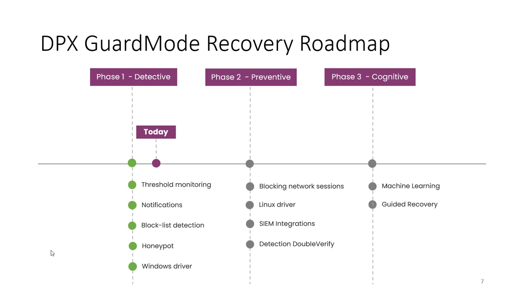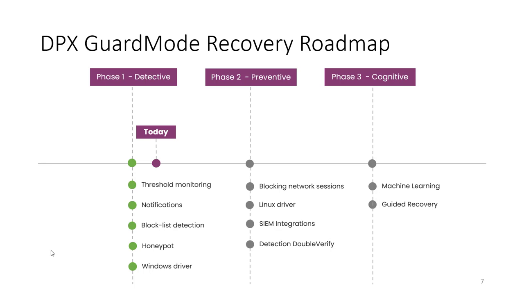DPX Guard Mode will be implemented in three separate phases. The first is the detective phase, which we've just released with DPX version 4.8.1. This essentially just does the monitoring and notification of any violations and reports it back to the DPX event console. With phase 2, we'll be implementing the preventive functionality to immediately block and deny access to users in violation of